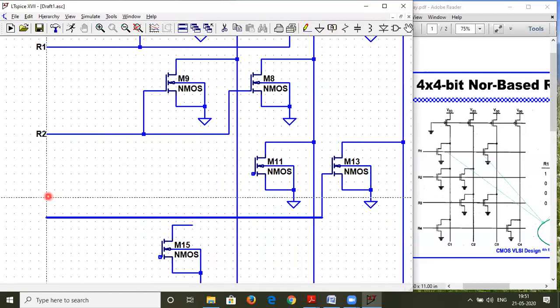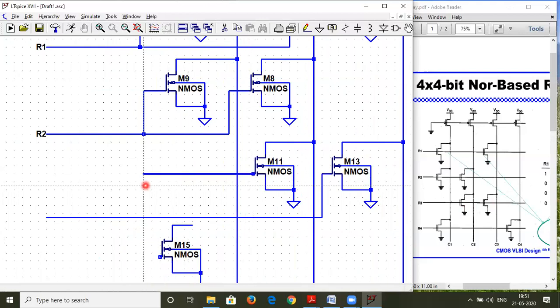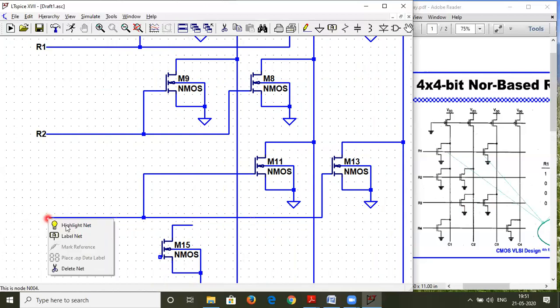So this is the third row. Here also we have a connection like this, and we can label this as R3 and place it over here.